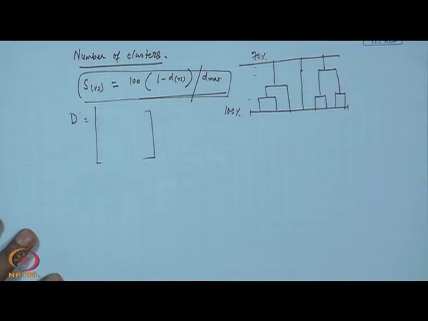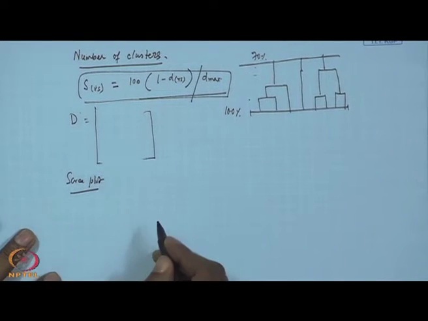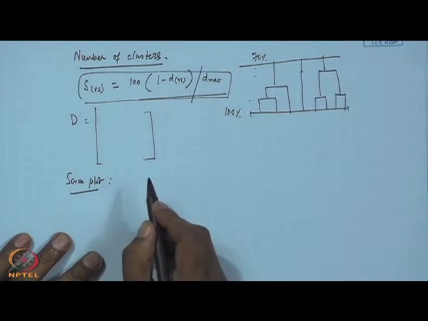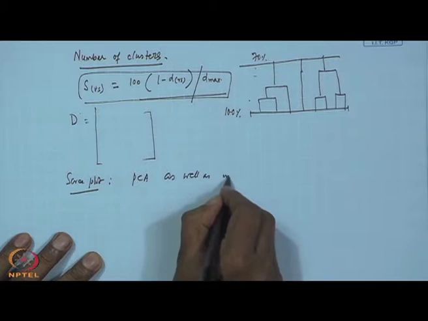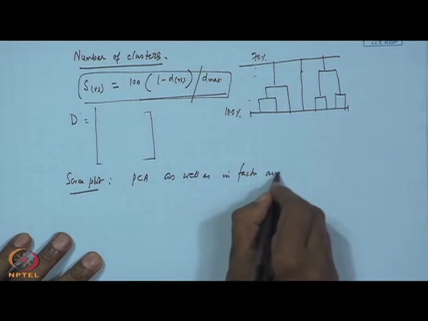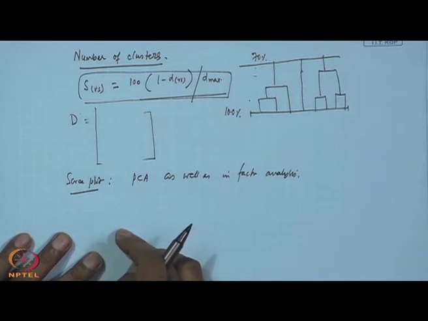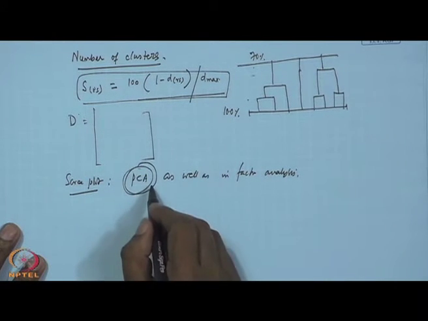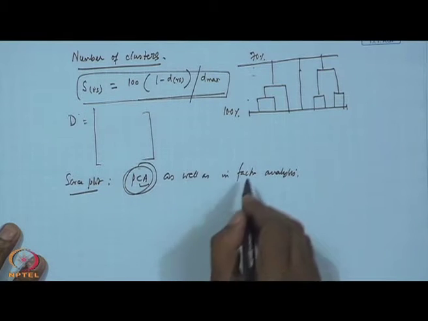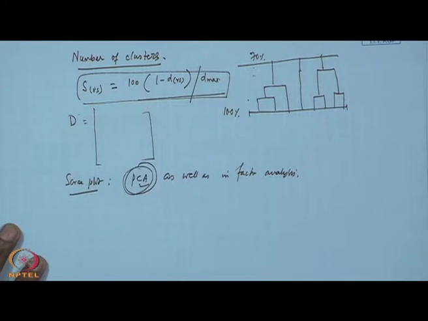It is fine. Okay. So, the second one is your scree plot. Now, scree plot, I think you all understand at this point in time, we have used in PCA as well as in factor analysis. So here also the concept is almost the same. In PCA we try to find out the number of components, in factor analysis the number of factors, in cluster analysis the number of clusters.